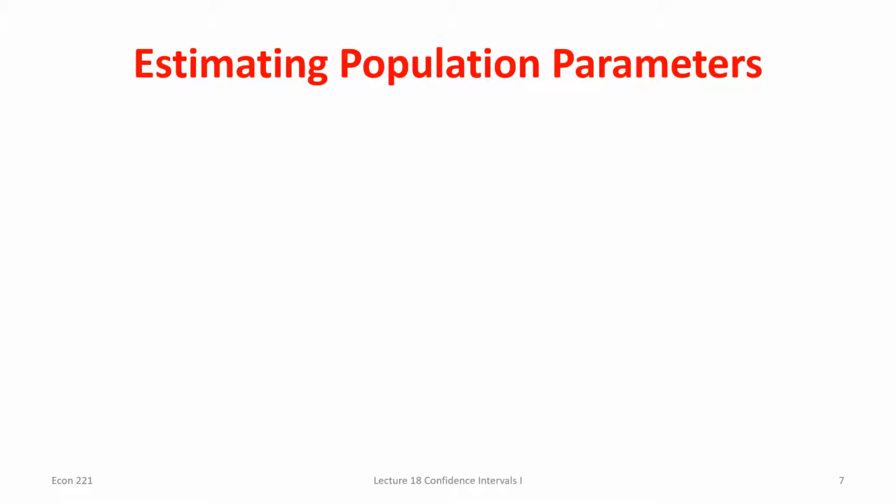With a coin flip, it's easy because I know what a coin flip's population proportion is. If I think about the population proportion of females in the entire population of the US, I know it's around 0.5, but I don't know the exact population proportion without looking at some data. But what I can do is take a sample and hope that my sample gives me